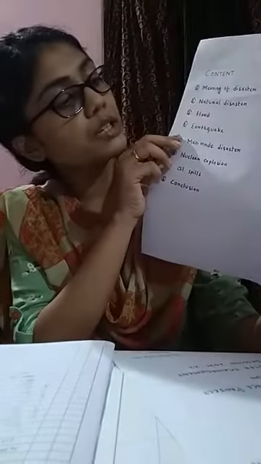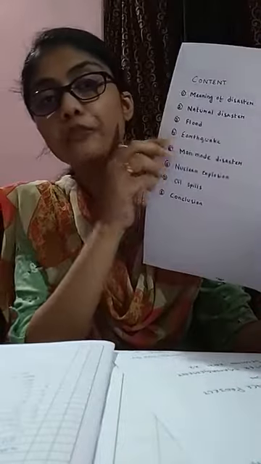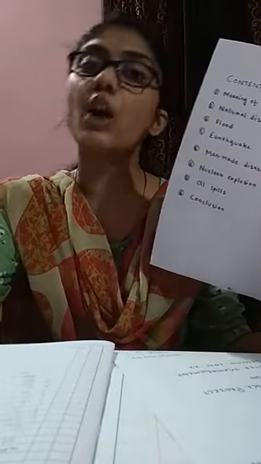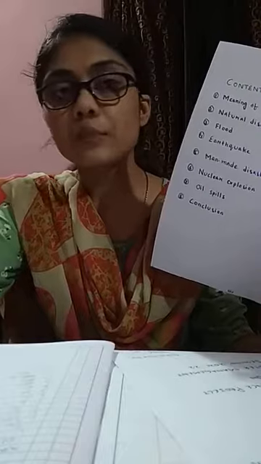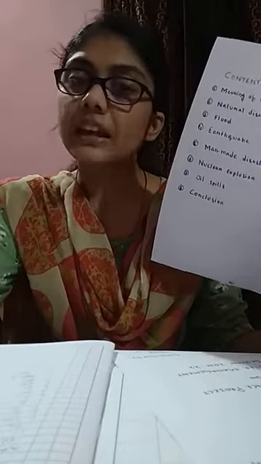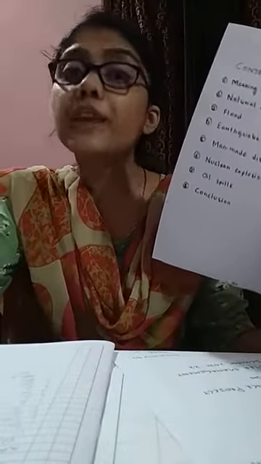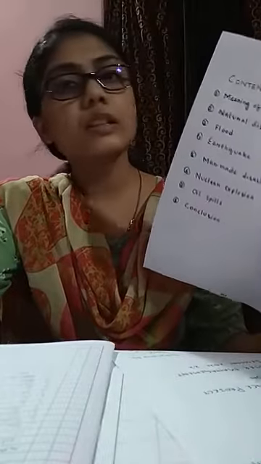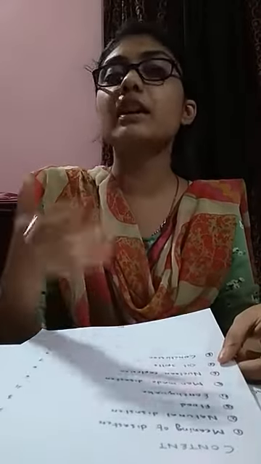Along with the disaster, you have to mention how to control or how to minimize the level of disaster. Same with the second one, that is earthquake. You have to mention what an earthquake is, how it is caused, how it causes damage and disaster, and how the effect can be minimized. Of course, it is a natural disaster, so we cannot control it, but we can at least minimize its effect. We can take certain precautions so that the damage is not extreme.